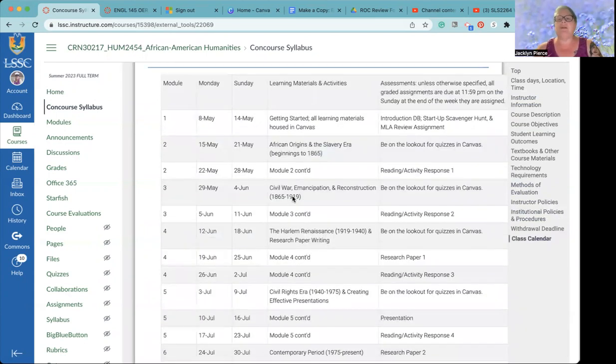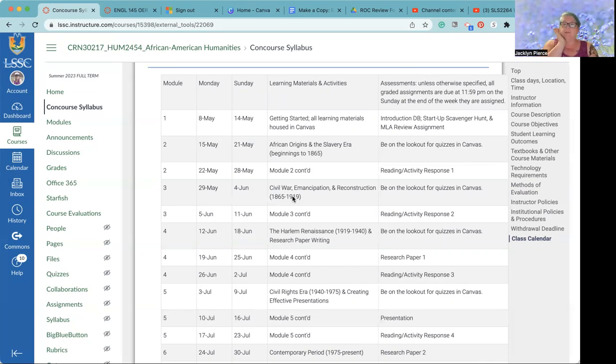So last week, as I mentioned, you had the 3 assignments. You will be getting feedback on all of those. This week is a very light week. The pattern follows this same pattern throughout the course, where we have at least 2, sometimes 3 weeks on the same module. So in week 2 and 3, we're going to be looking at the literature and other humanities focus on the slavery era. So this week you are going to be doing some reading and some exploring,